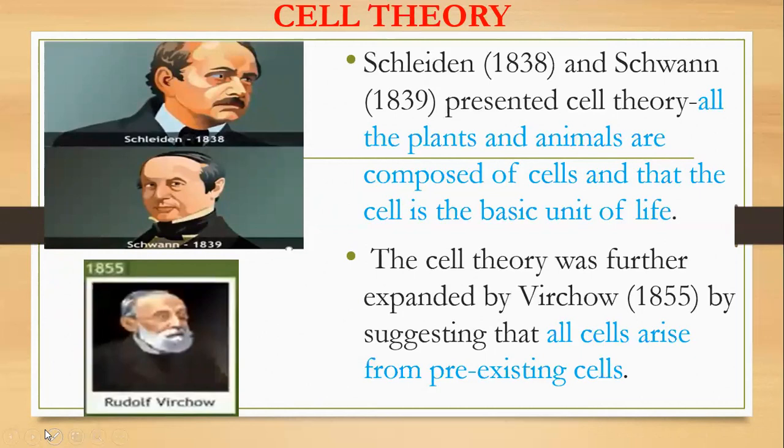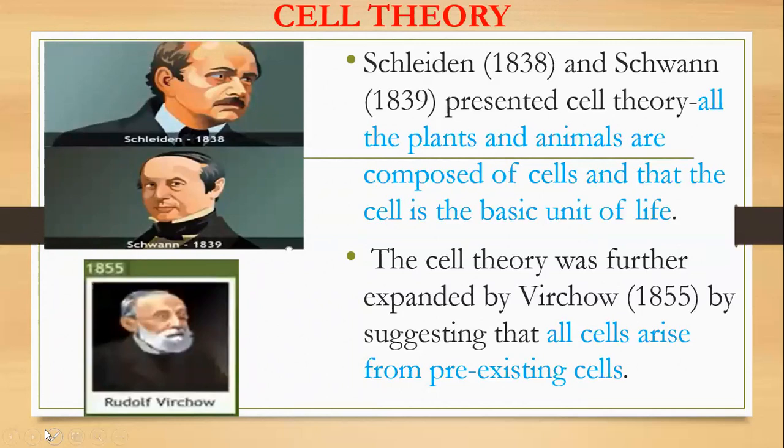In 1838, Jacob Matthias Schleiden, a German botanist, first proposed that all plants consist of cells. Later, Theodor Schwann, a German zoologist, proposed that all animals and plants are made up of cells. This joint finding forms the basis of the cell theory. Later, Rudolf Virchow modified the cell theory and stated that every cell arises from pre-existing cells.